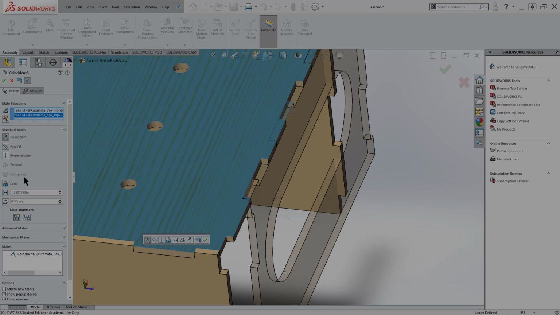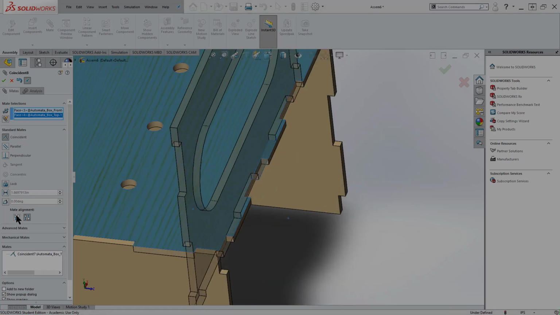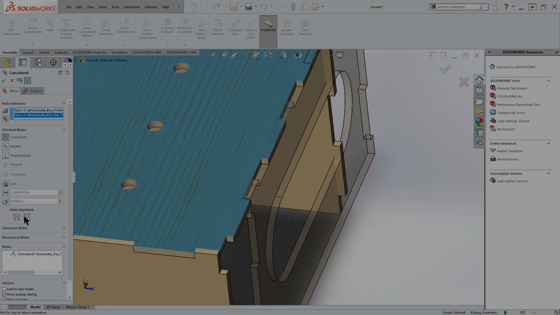Now you're going to notice with that coincident mate, it tries to guess which mate alignment I want. I can force it the other way. So I can force anti-aligned, and it just flips the part over. So you'll see I can flip these back and forth until I get the mate that I want. I want these such that they are aligned, facing the same way. Anti-aligned is